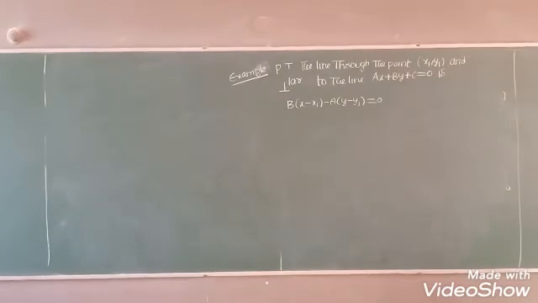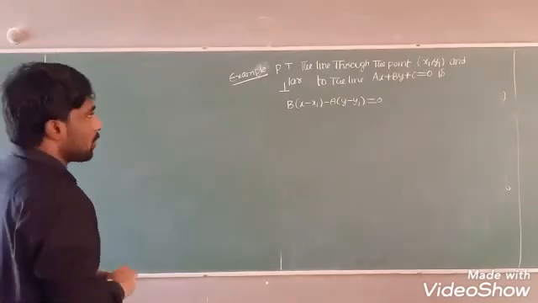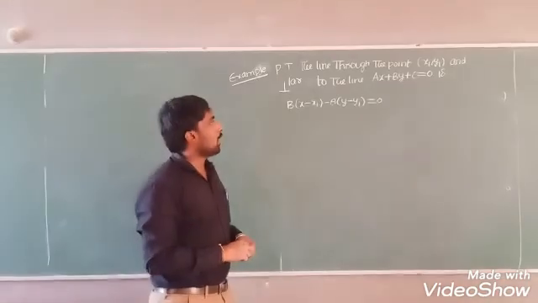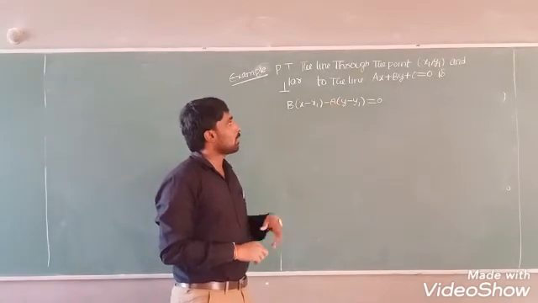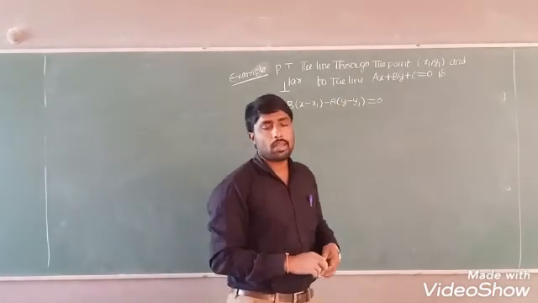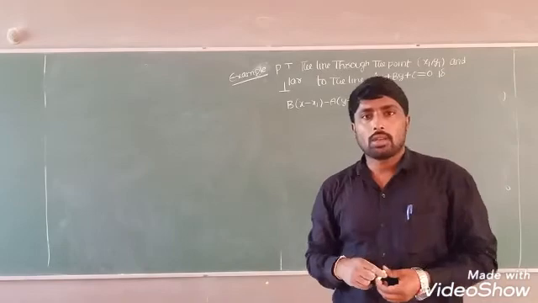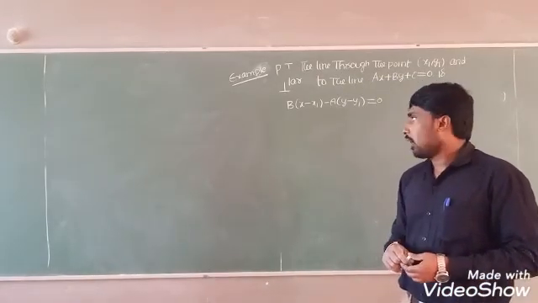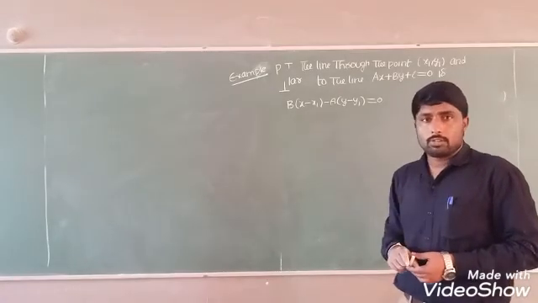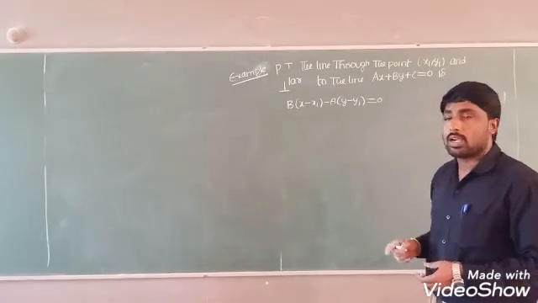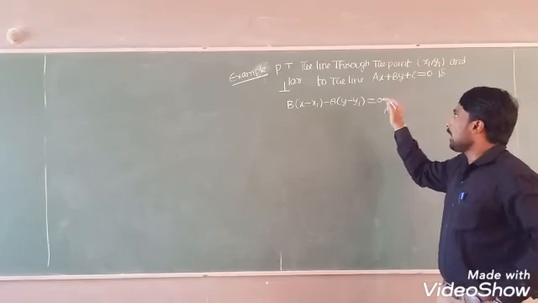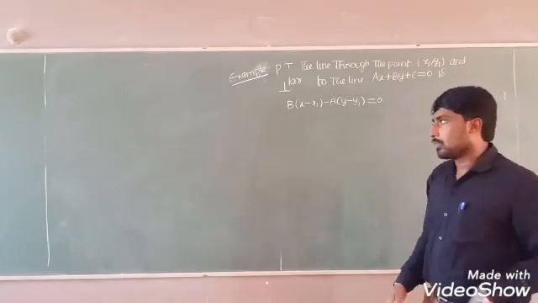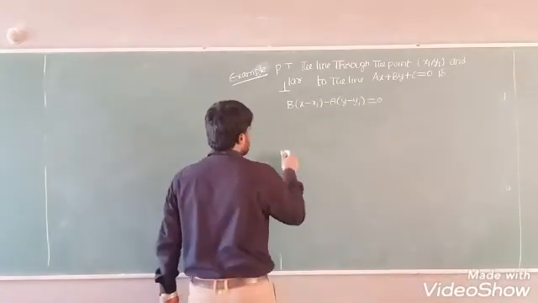Now students, all of you see here, previously I discussed this problem. If a line is passing through the point x1, y1 and is parallel to the line ax plus by plus c equal to 0, what is the line? a into x minus x1 plus b into y minus y1 equal to 0. Now, this question is not in your textbook, but I am telling you: if a line is passing through the point and is perpendicular to this line, what is the line equation? So we have to solve this.